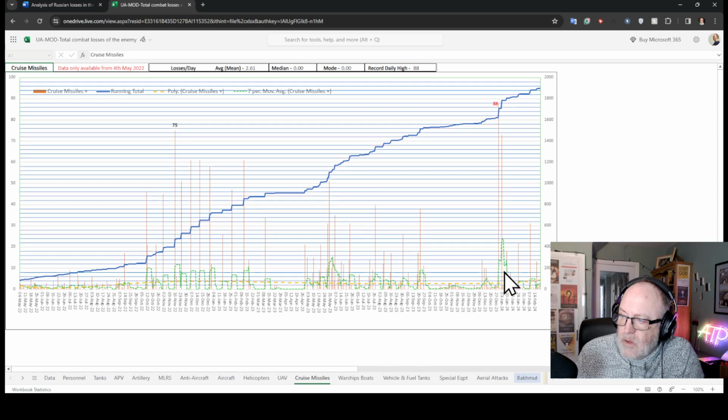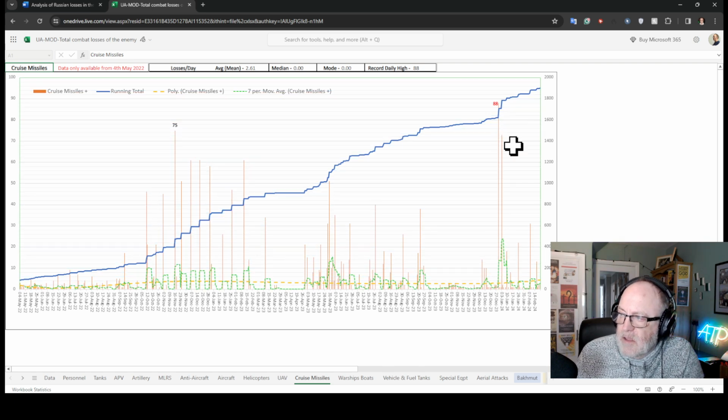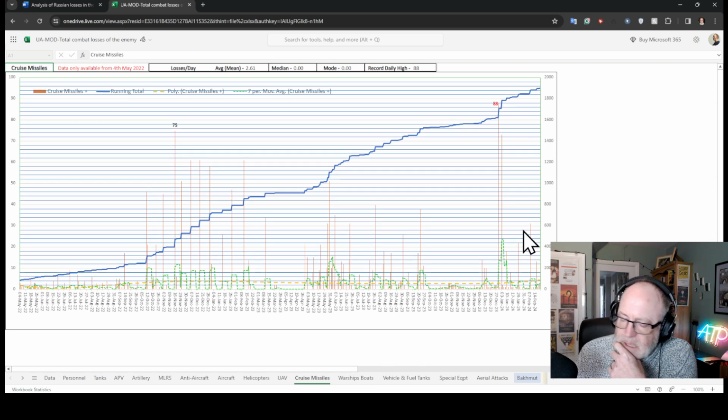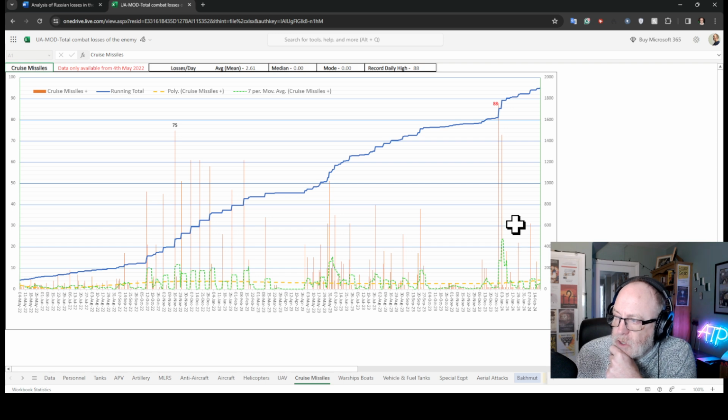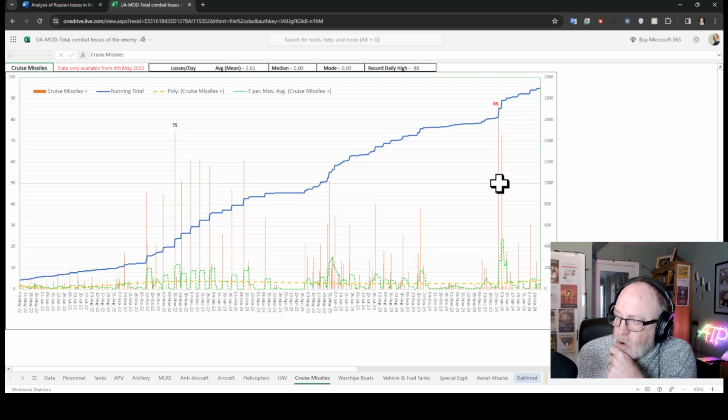Because even when you get back to here, there were a couple of days of huge numbers of these cruise missiles being sent, but then you're right back down to previous, kind of normal numbers. I just don't think, again, they would if they could, they aren't, so they probably can't. My belief is that they are firing cruise missiles at the rate they are producing them. So this is a stockpiling here.